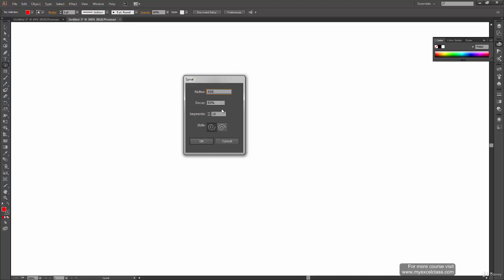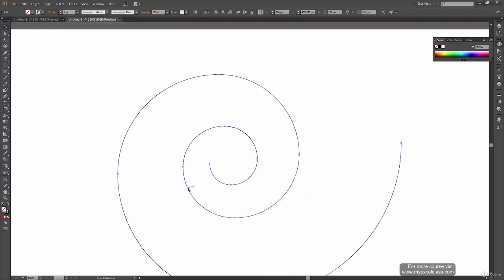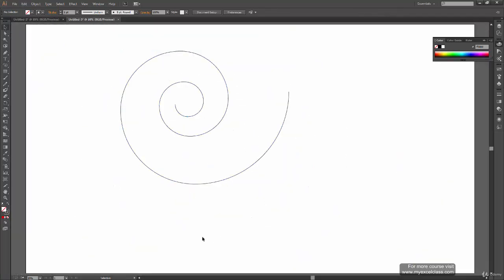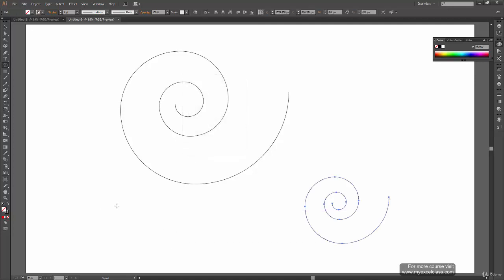So let's leave all the settings, just change the radius and press OK, so that we know how radius works. Again, let's create another spiral and make the radius 200 pixels. Okay, so that's how radius works and this is the default spiral you get every time.